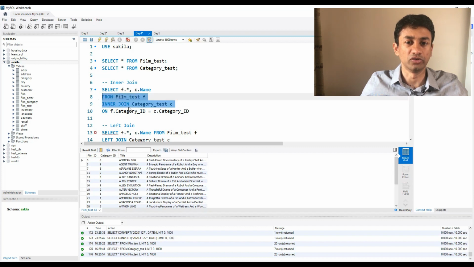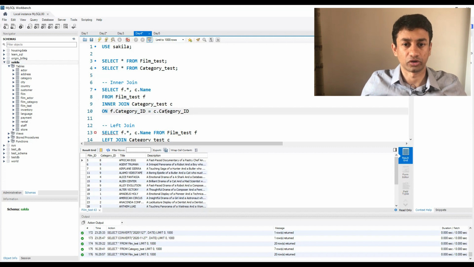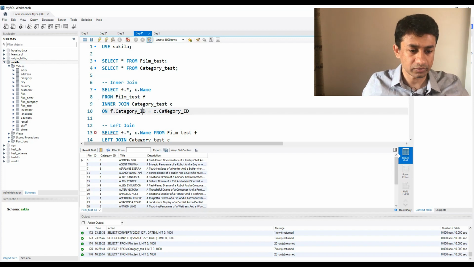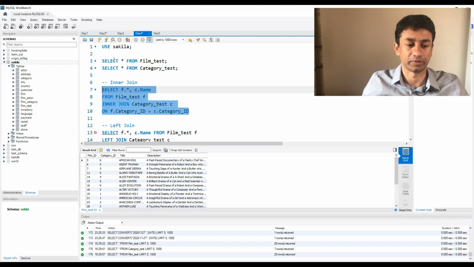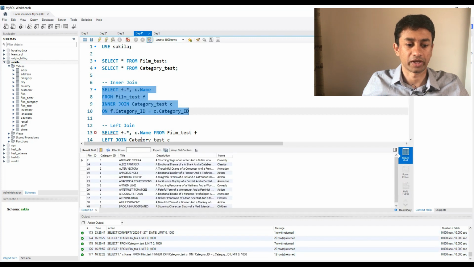Whenever we use join, we also need to mention how they need to be joined, so based on what column. Here I'm saying that these two tables should be joined based on f dot category ID. Both tables should have this common column. When we try to join two different tables, there should be something common between them so that we can use that and join them. Here the category ID is common, and I want to join based on the category ID. So when I execute this statement,